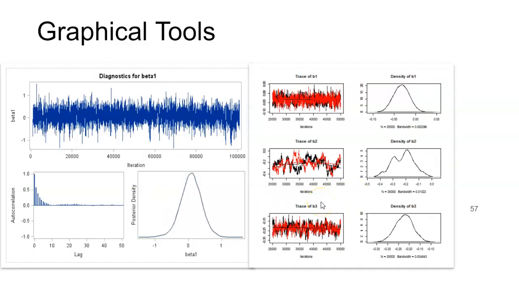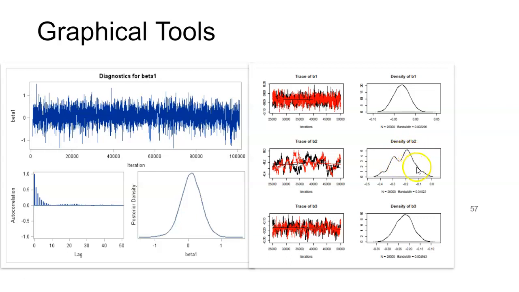Here's what it actually looks like to do Bayesian analysis. This is real output from someone who's doing things, and with the autocorrelation here, they're looking to see whether they need some thinning, and they've got posterior distributions. It looks like beta 1 has a nice rounded bell curve, and that's cool. Beta 2, though, has sort of this bimodal hump, so the value of beta 2 might be high or low, but in between is unlikely. The higher one has a little bit more probability.